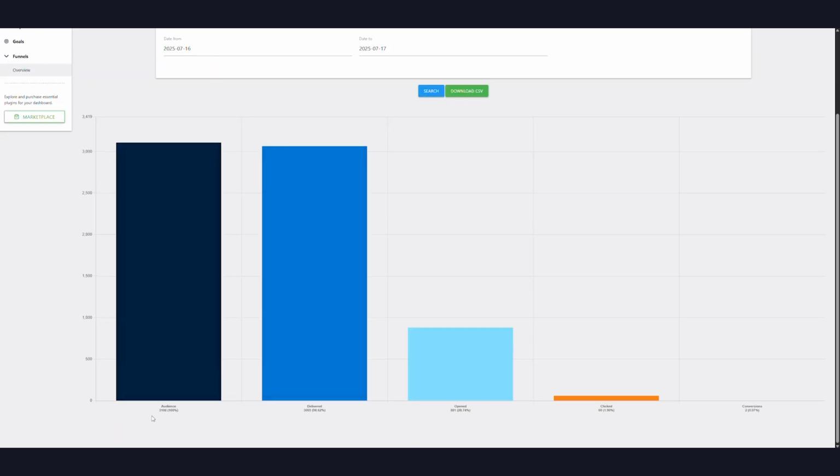Audience shows the guests targeted for the campaign based on specific characteristics, considering only guests logged into the app and present on board. Delivered, guests to whom the message was delivered after checking the audience based on commercial consent. Opened, guests who interacted with and opened the notification in the app or with the app running in the background. Clicked, guests who clicked on the link at the bottom of the notification that leads to the booking funnel. Conversion, all guests who, through the link, booked or purchased the service advertised in the notification.